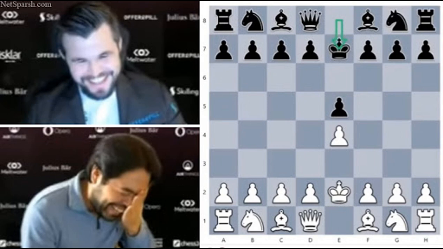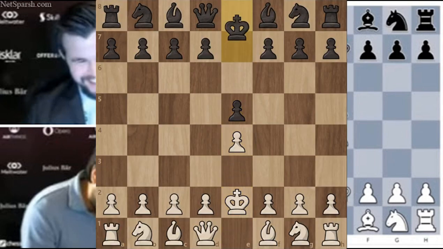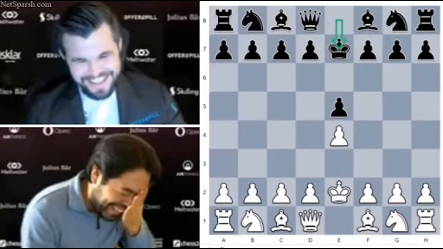The BongCloud draw is fairly straightforward. You go e4, e5, king e2, king e7 and just repeat until you get a draw from threefold repetition. There's no variation, no nothing. The reason this draw is very effective is because after king e2 by white, black is forced to play king e7, or else they will be known as a coward for the rest of their life and never live it down. Also, important note, the BongCloud draw can only be played in the Naka variation. You'll see more about that in the next section of the video.